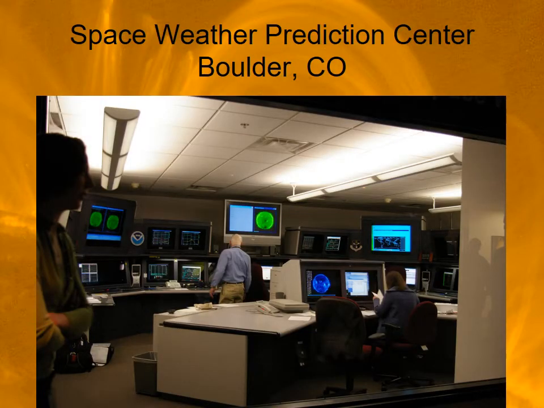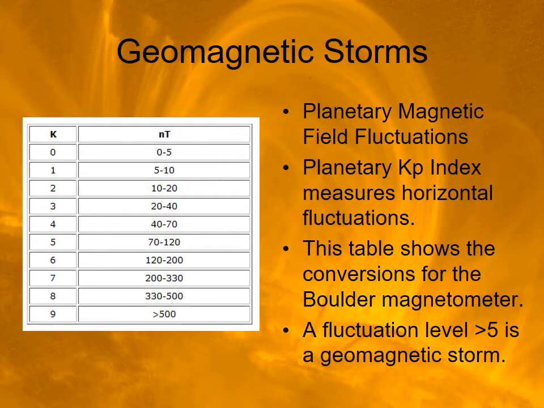Boulder, Colorado is the headquarters for watching this stuff, at least for the United States government. It's a NOAA facility. The Space Weather Prediction Center is based there. They have satellites in orbit monitoring the sun continually, and ground-based instruments. The sun is monitored 365 days a year, 24 hours a day. There are always people monitoring the sun, keeping track of what's going on and making predictions as to what it's going to do and how it's going to affect Earth.